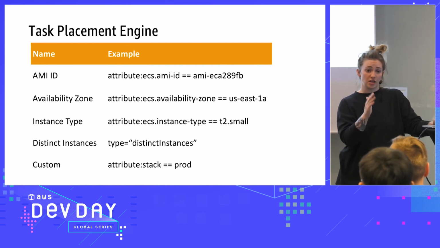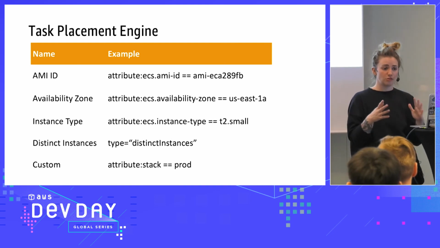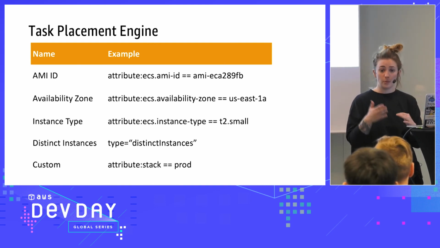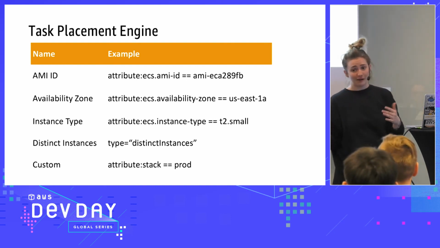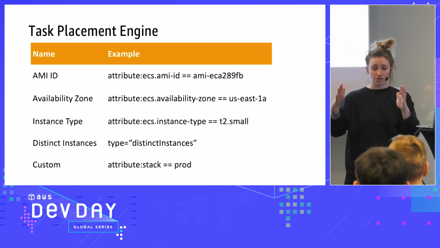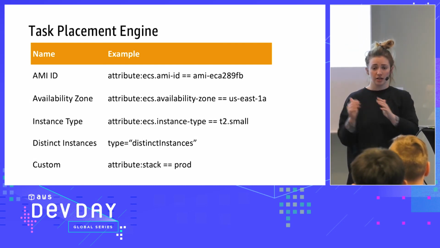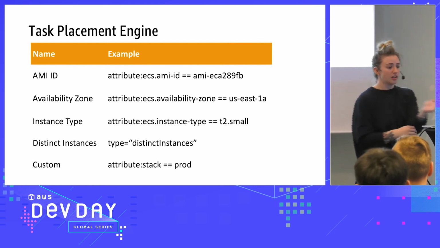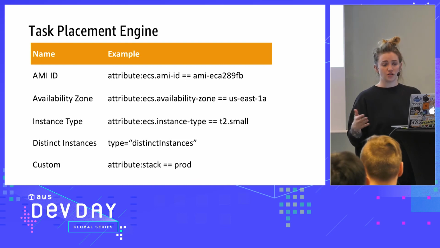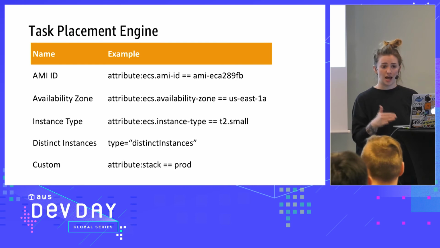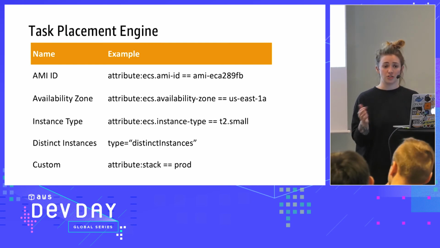So they wanted to match based on custom tags, so that tasks that were supposed to be run in a certain kind of instance or on prod instances as part of their cluster, that they could do that. That is not how I've set things up in the past. I've usually done cluster level isolation, so a production stack, a staging one, a development cluster. But if you prefer to share one cluster, this is one way that you might be able to support it, is by defining the different instance types with tags and then writing a custom filter to place your task based